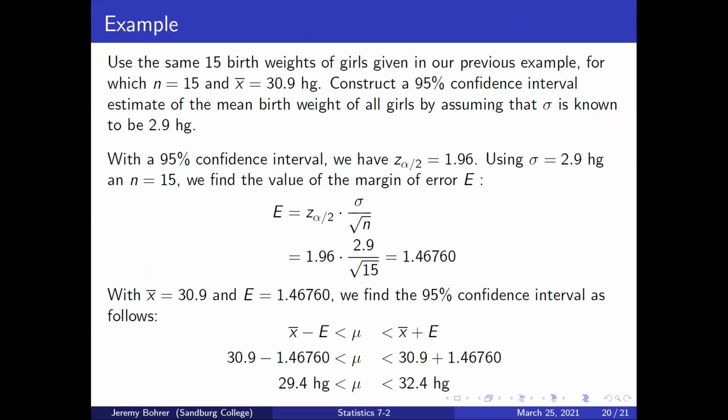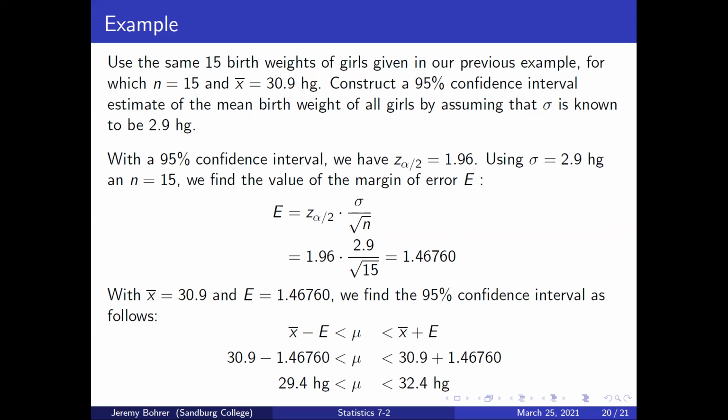With a 95% confidence interval, we have z sub alpha over 2 equals 1.96. Using sigma equals 2.9 hectograms and n equals 15, we find the value of the margin of error E. E equals z sub alpha over 2 times sigma over the square root of n, which is 1.96 times 2.9 over the square root of 15, which is